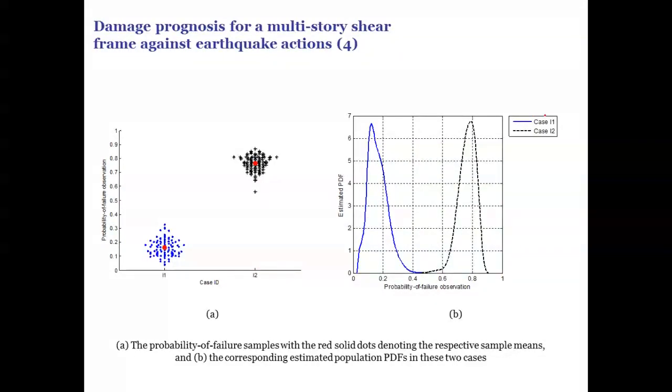Case 1, case I1, case I2 denote the different levels of seismic intensity, as marked by different levels of seismic ground accelerations. Based on these probability density functions, we can calculate a whole range of different parameters. Essentially, once we get the probability density function of the probability of failure, the safety performance of the structure can be fully characterized.